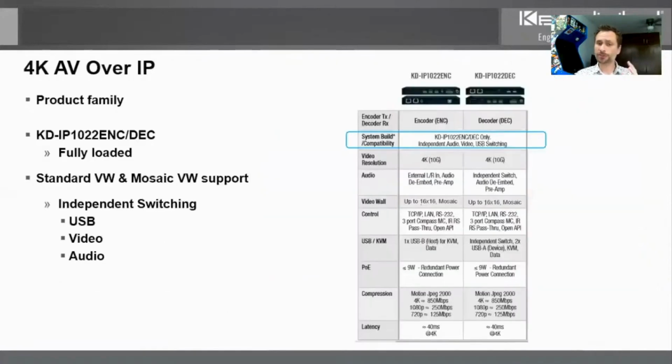Okay, so the other option for AV over IP video wall building is the KD IP 1022. Now, these cannot be mixed and matched with the 822s, 922s. You will see that it looks essentially identical to the 922 product. So of course it is fully loaded, as we say, but the